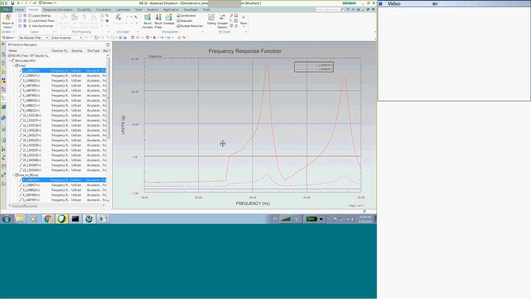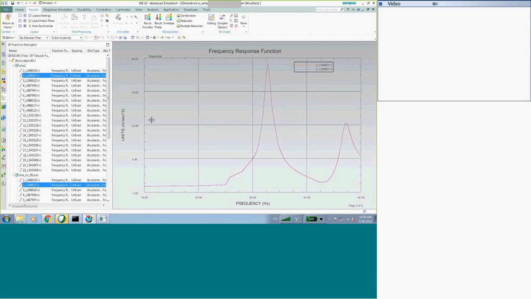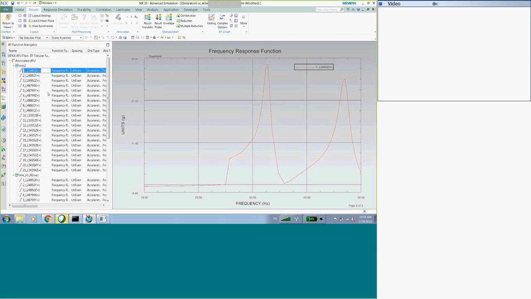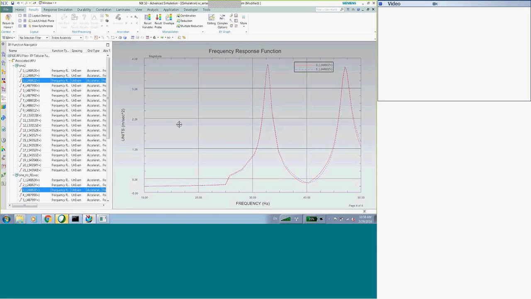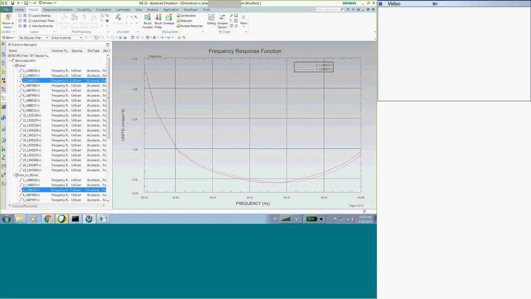Here I set this one in G's. Pick one that I haven't converted. And you can see there's a bit of a difference down here in the low frequencies, the bottom of this plot.